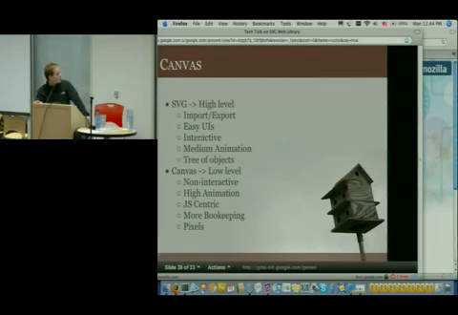SVG excels at that. It's very easy to make a user interface. If I had to do the population demo that you saw, that would be challenging with Canvas. I could do it, but it's not really a great use case. Interactive, especially when you start getting lightly interactive, SVG really is good at that. Medium animation, and by the way, that's also going to be true for Canvas. Flash is fast. It's very fast. Both Canvas and SVG, depending on the implementation, there's a performance differential of 10 to 30% between each other.